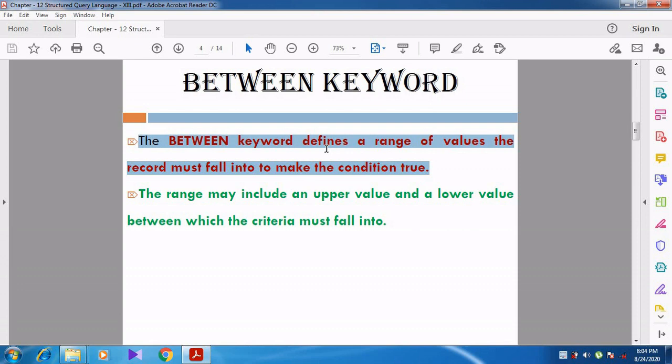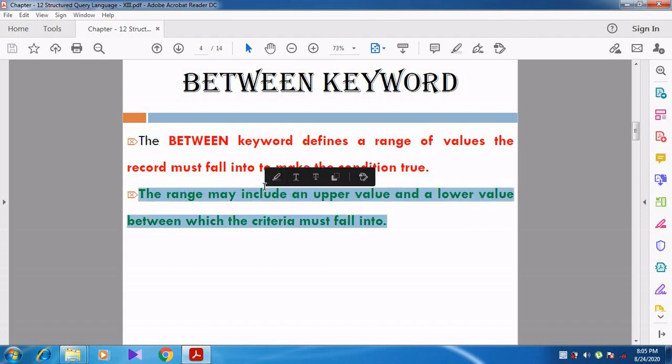A range of values means it will have an upper value and a lower value, and the record should fall in that range. Whatever records fall under that particular range will be displayed as the output. The records which satisfy the range will be displayed, and the other records will not be displayed.